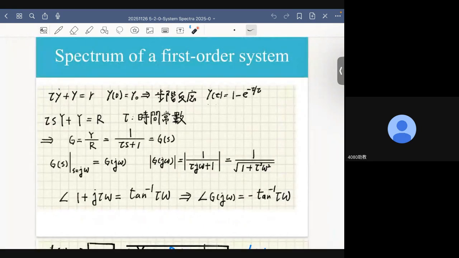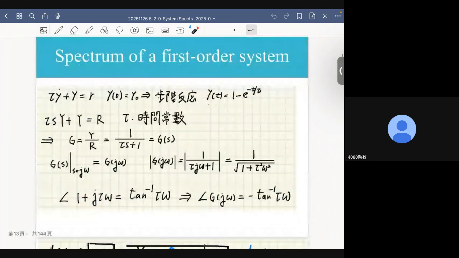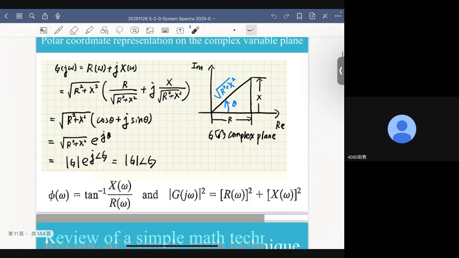Similarly, we can determine the phase response of this, or the angle of this transfer function, which is this. Now, this is only one example. What I want to do next is to generalize such a result,